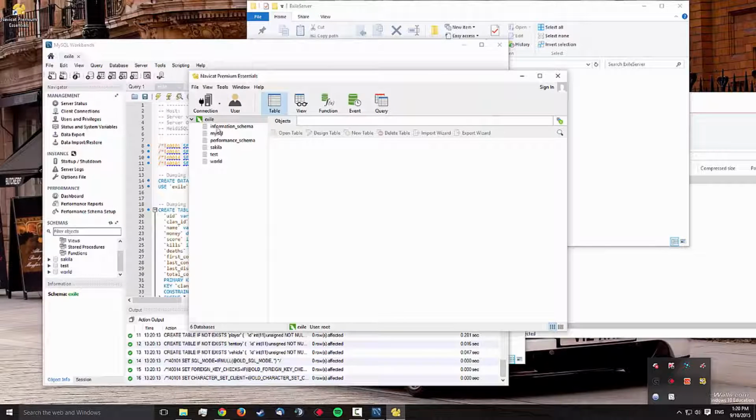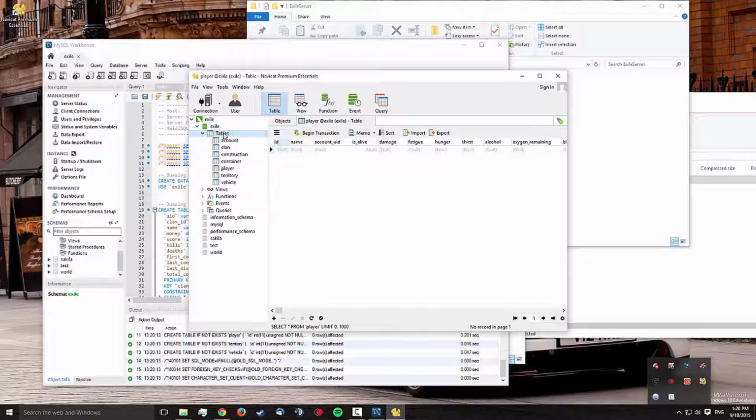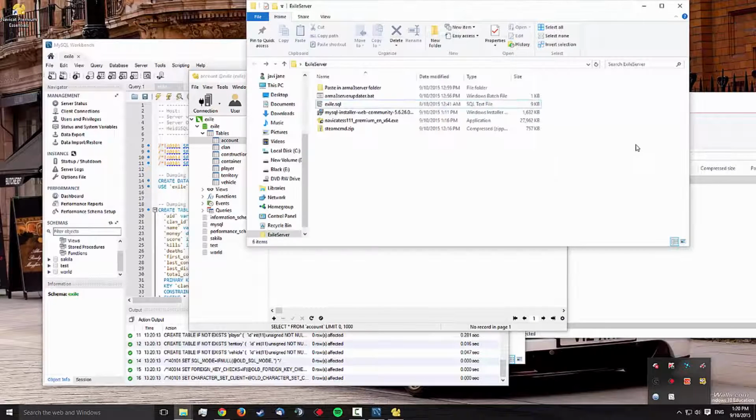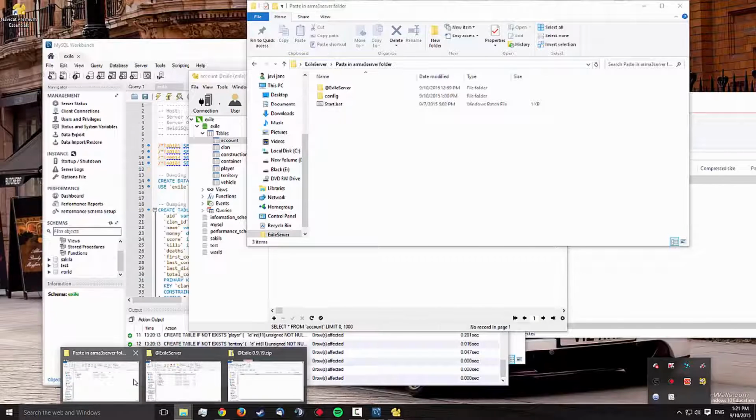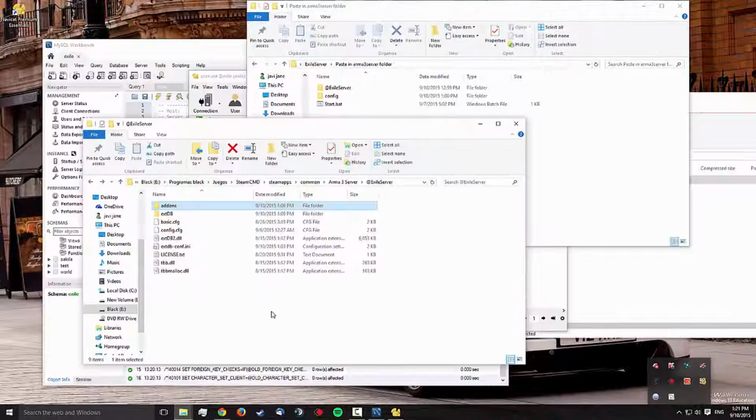And now in Navicat, if we refresh it, you see that we got an Excel database with players and all the tables we need to manage our server. Isn't that cool? Alright. So now we got the database working. Now we're almost set. We're almost ready to go. So, as you can see in here, there's a file called start.bat. Well, we're gonna see what that file does. It just makes things very easy for you guys. So now we're just